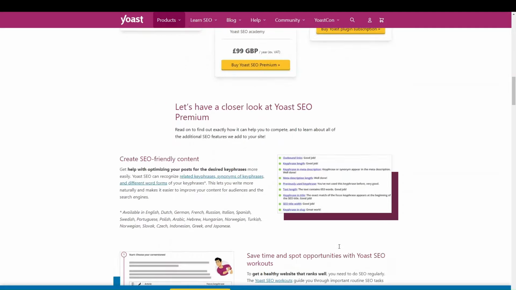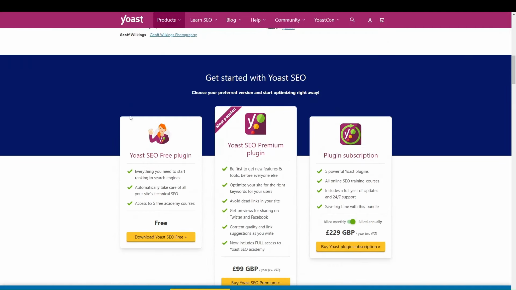What I would recommend is actually just get started with the free, because there's so much that you can do with the basic analysis. Make sure every single page and post has everything ticked off with the basic analysis. That way you can build your skills a little bit in terms of how to optimize each post with the basic SEO rules, and then further on down the line, once you're a bit more comfortable with SEO, then I would suggest